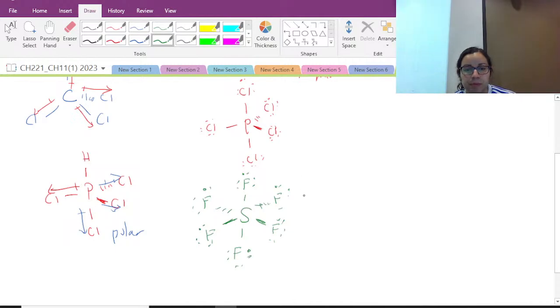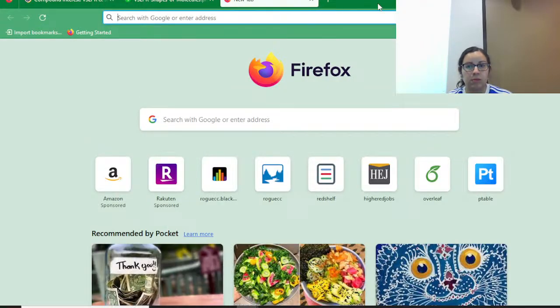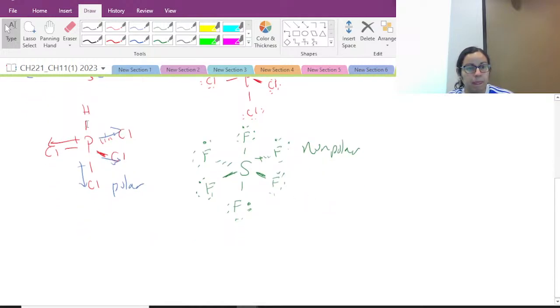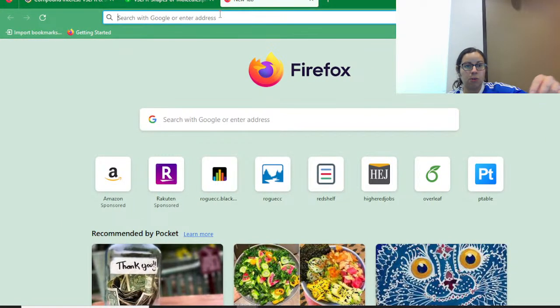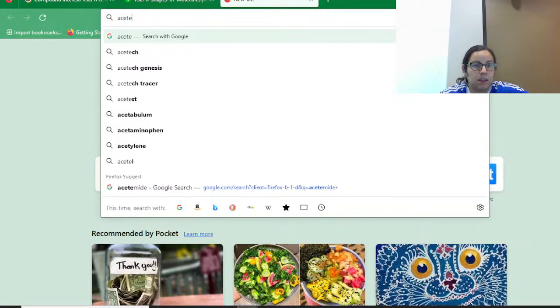Yeah. And is polarity reflected in the actual physical structure? Like, for instance, if you added a hydrogen onto all the chlorines, would they bend away from it? Well, they wouldn't really bend away from it, but it would probably be better represented by the electrostatic potential map or the dipole moment. So let's look at a few examples. So let's look at